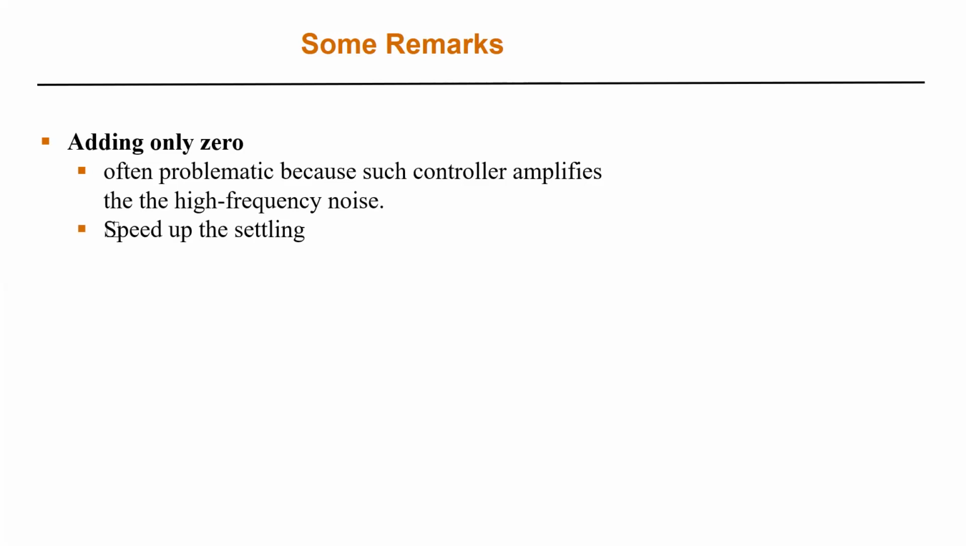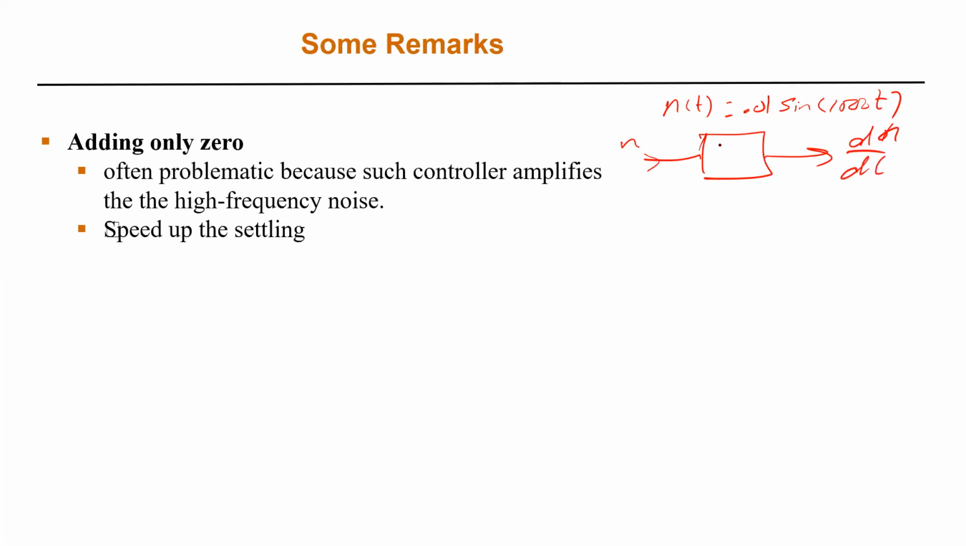Adding a zero only is problematic because the controller amplifies the noise. Suppose I have noise in the system. The noise is usually small, let's say 0.01 sin(1000t). If you pass this noise through a differentiator, dn/dt,